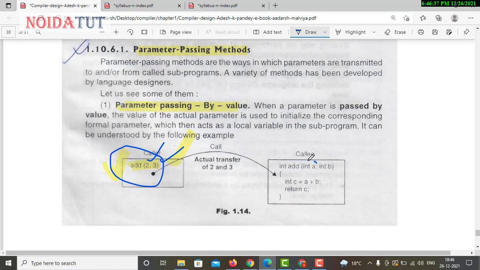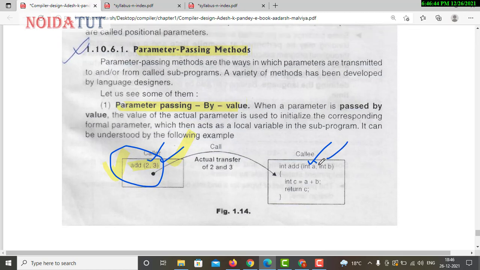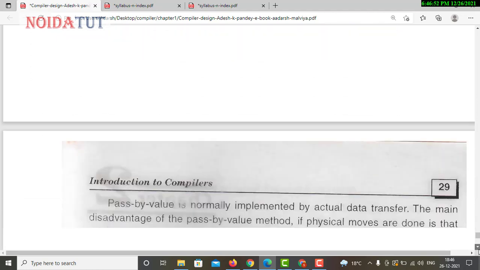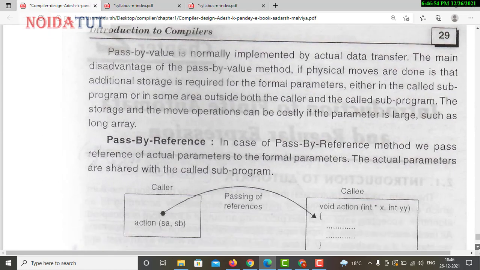Now these are the formal parameters. Formal parameters are actually telling the attributes about the infrastructure or architecture of the type of parameters. So that is why they are known as the formal parameters. Okay sir, now they are also called attributes? Now proceeding further.